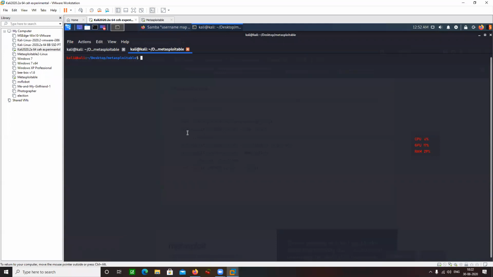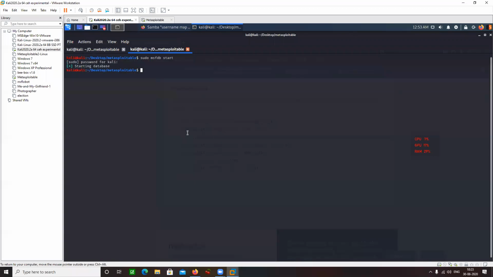Okay, so let's start my Metasploit framework. Let's start with starting the Metasploit database. This is an optional step, but it is a recommended step.